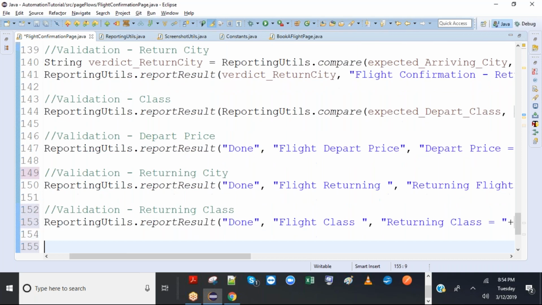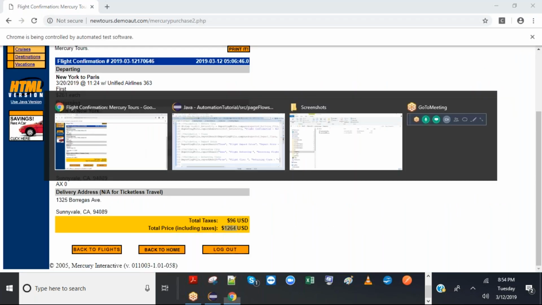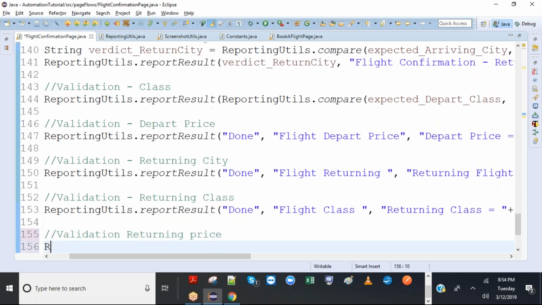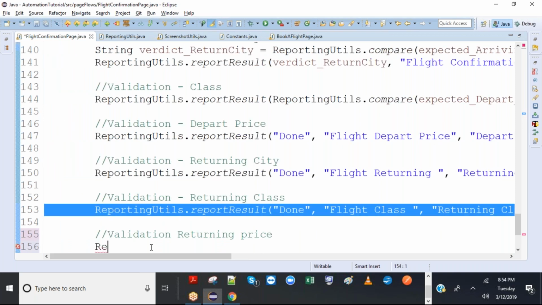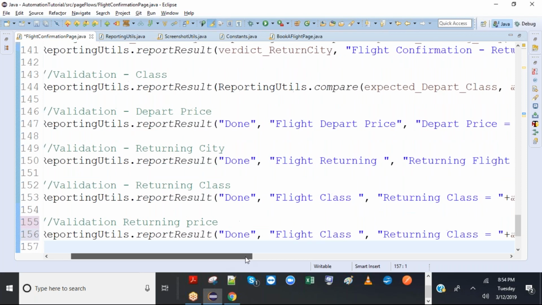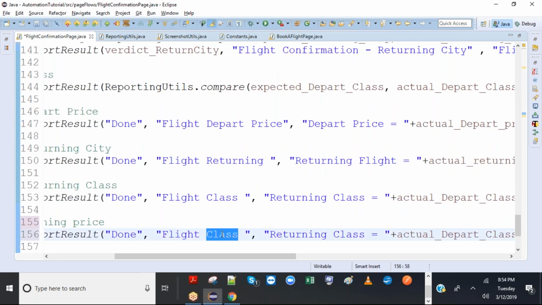Okay, so next is returning price. That's important. So done, and flight class, flight return price.